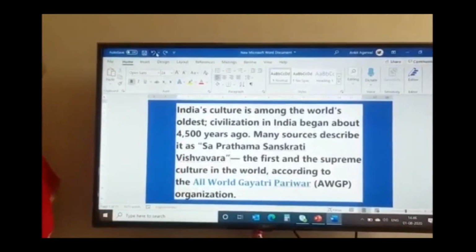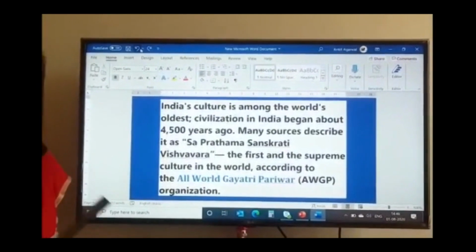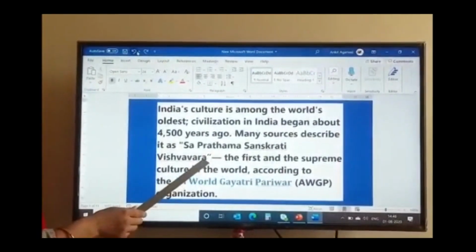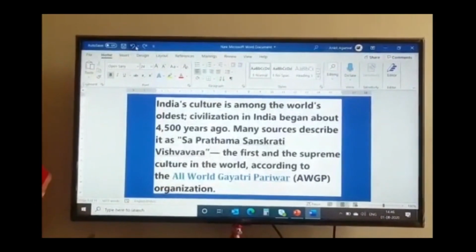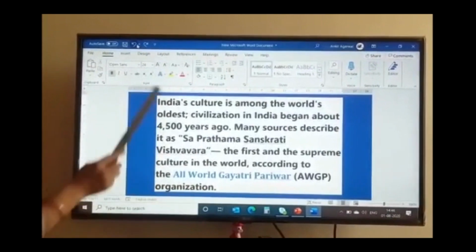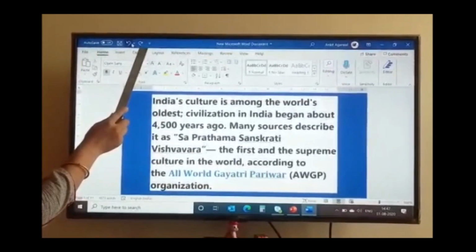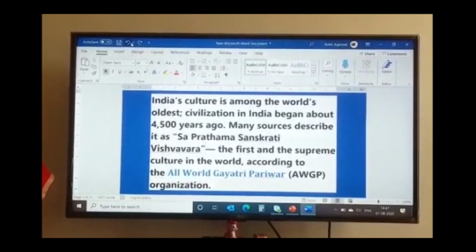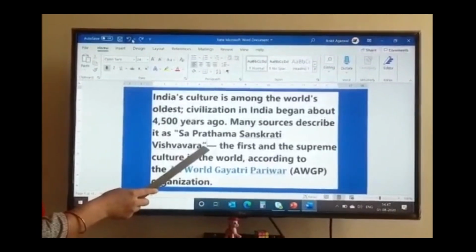So what is the function of the undo button? It reverses the last action performed. The last action performed was the deletion of this inverted comma, and suppose you have deleted it by mistake. You can reverse the action with the help of the undo button, and the redo button is used to reverse the action of the undo button. Now the undo button has made this inverted comma appear again.